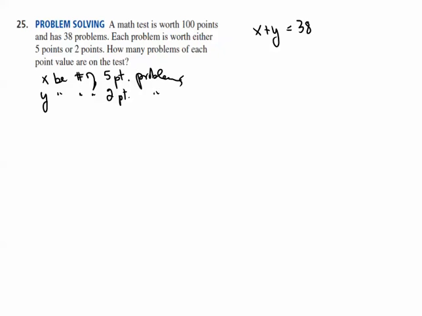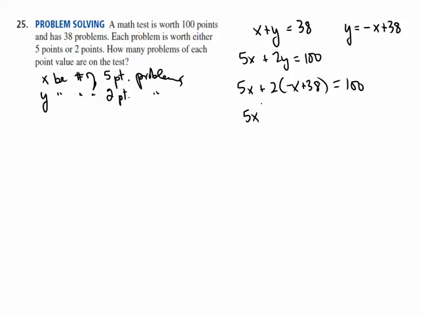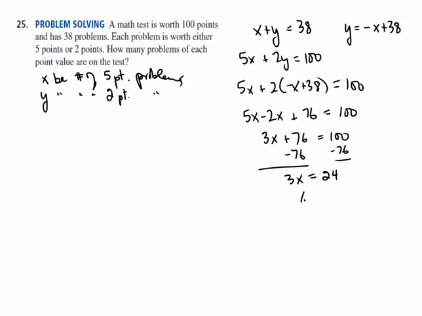Second thing we know is that 5, the number of points for each 5-point problem, times X, the number of 5-point questions, plus 2Y, the total has to come out to be 100, right? This time we're using the substitution method here. Y is equal to negative x plus 38, substituting: 5x plus 2 times negative x plus 38 is equal to 100. 5x minus 2x, 2 times 38 is 76, is equal to 100. Combine like terms first. 100 subtracting 76, we get 3x is equal to 24,